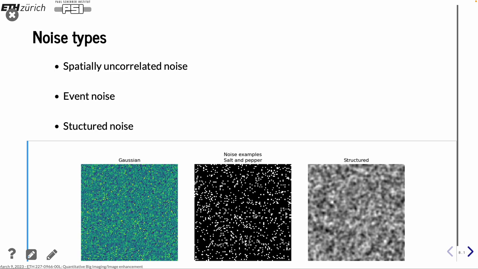Then we have salt and pepper noise, and that is a kind of outlier noise. It can be from, well, only just black and white, but it can also be some kind of amplitudes in it, and sometimes it even goes below the image intensity. But in principle, we are talking about random distribution of outliers. And it doesn't have to always be just single pixels, it can also be small clusters, then we're more talking about